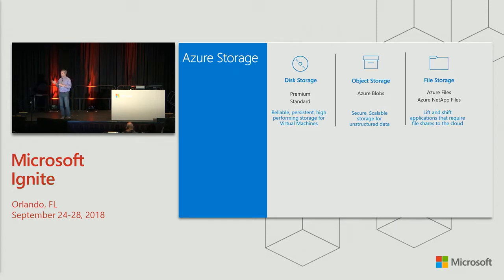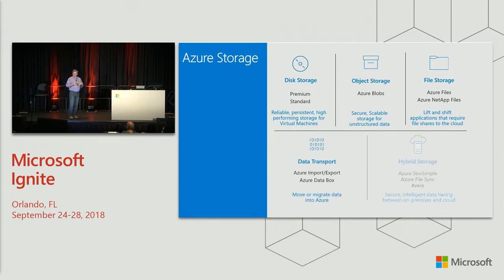And then we also have a couple of services that are more on the classic infrastructure front. Those include Azure Files, which is a traditional Windows file share in the cloud, an SMB file share. And we also have a partnership with NetApp, Azure NetApp Files, which we're getting ready to launch, which will be essentially a NetApp filer as a service in the cloud offering NFS shares. So in addition to these online services, we also provide data transport capabilities through Azure Data Box, so that if you have large amounts of data that you need to move into the cloud, and copying it over the internet would not really work because it would take too long, then we can send you one of these boxes and you can fill it up on your local network and send it back to us,